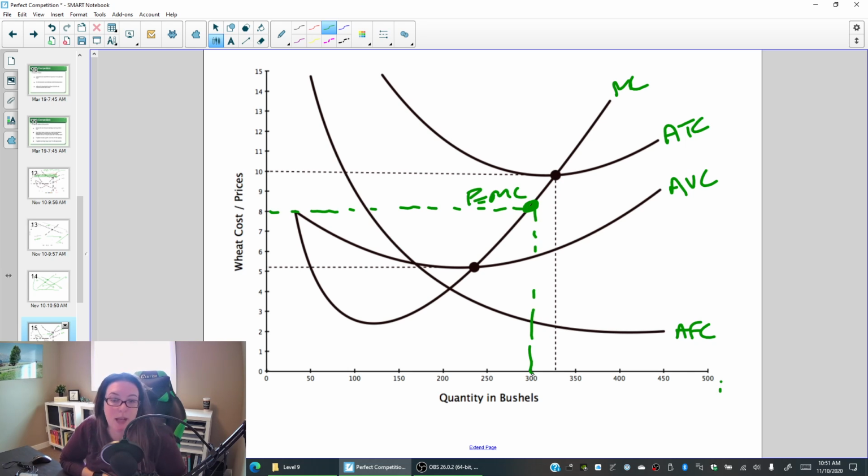So here it looks like it's 300. So all of these sellers coming in to produce wheat has pushed the price down. How has that impacted our individual farm? Are we making any profit? How do we know? Well, we look at a quantity of 300. What are we selling it for? That's the $8. And how much does it cost per unit to make it? So then we're going